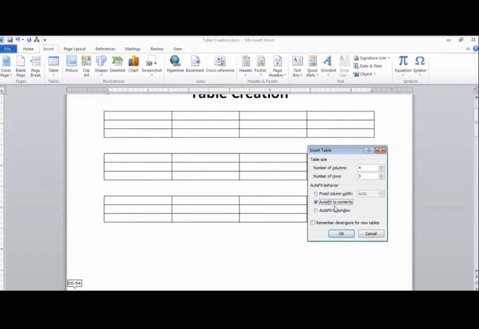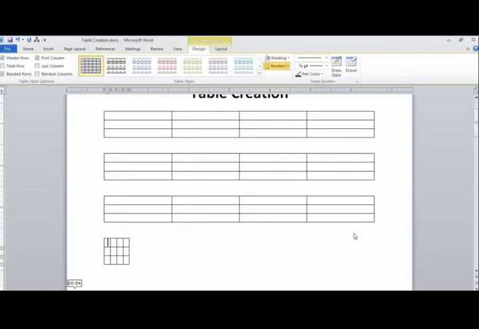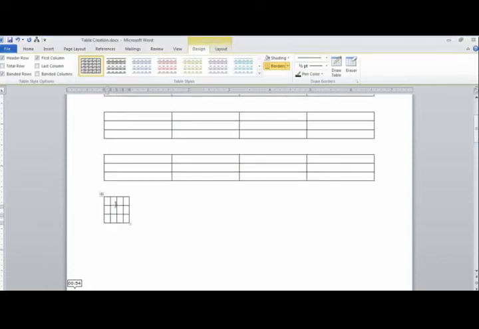The main advantage of auto fit to content is that the content will fit automatically in your table. You can observe here, when you start writing, a small table appears, and as you write content, the size of the table will increase automatically according to the content of your table. So this is a good advantage. Your table content can be automatically fit in your table. This is also a feature of your Microsoft table, that your content will be adjusted according to the length of your words and data.